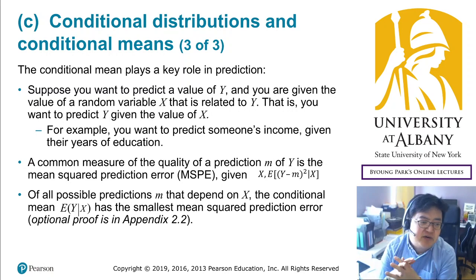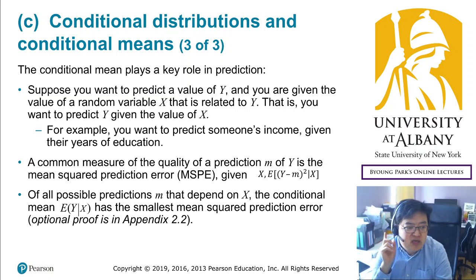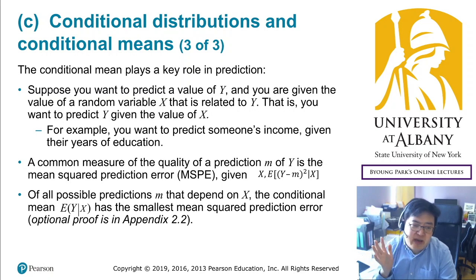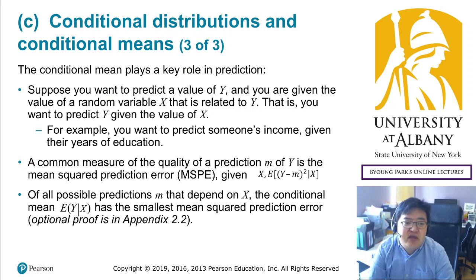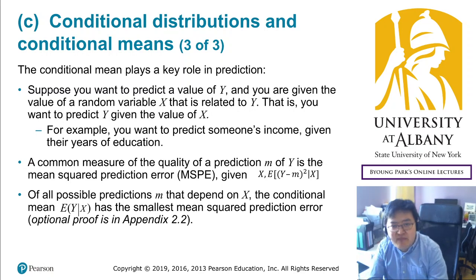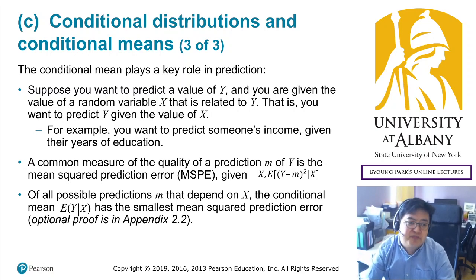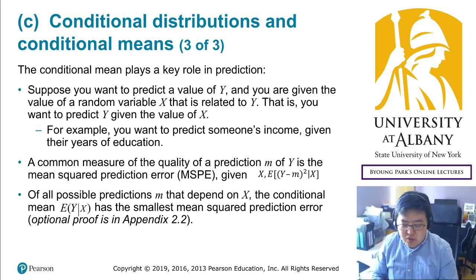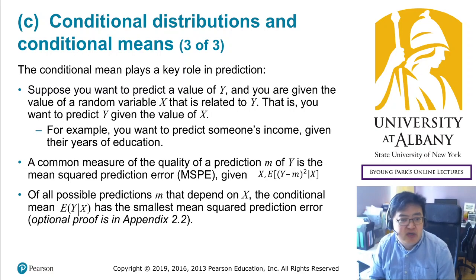So you don't know who he is, who she is. You want to predict income, but the only information you know is her or his education. So you know that she or he has, say, a college degree. You have no other information. Then how would you estimate that? Then when you predict the income, the best estimator is the conditional mean of income given the same number of years of education. So say education is the only information you can use to predict the income,